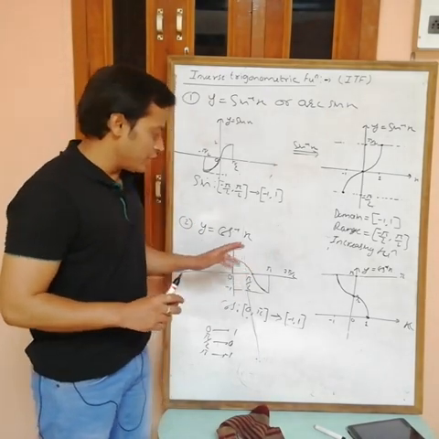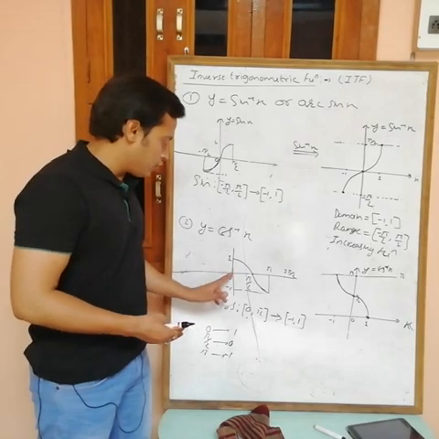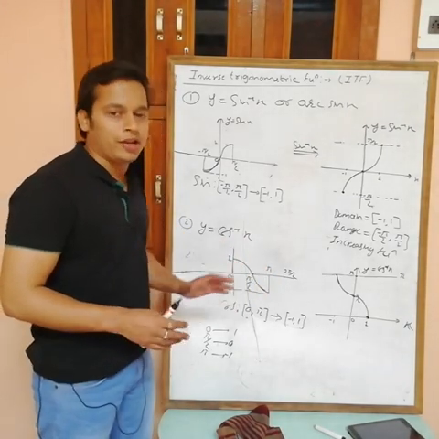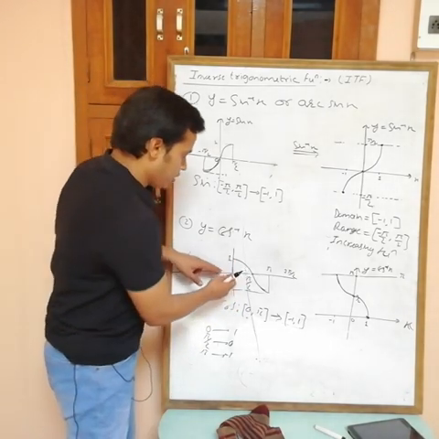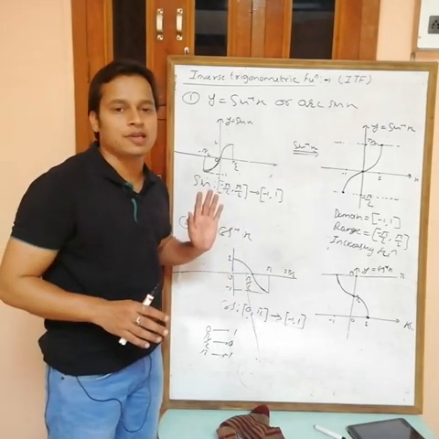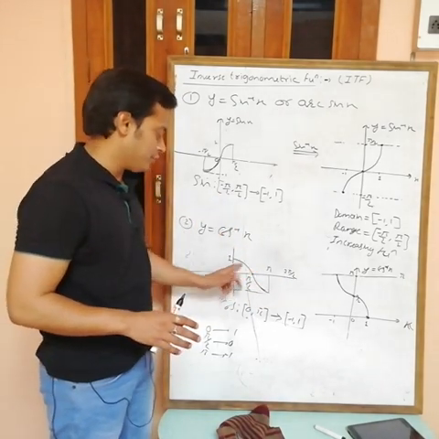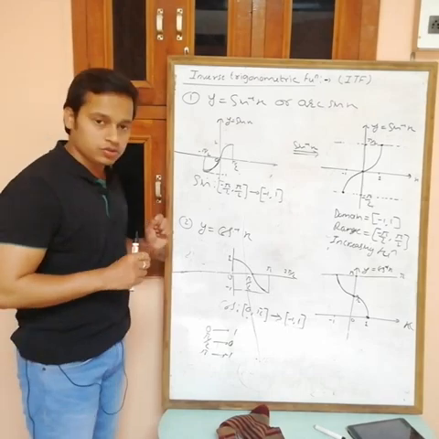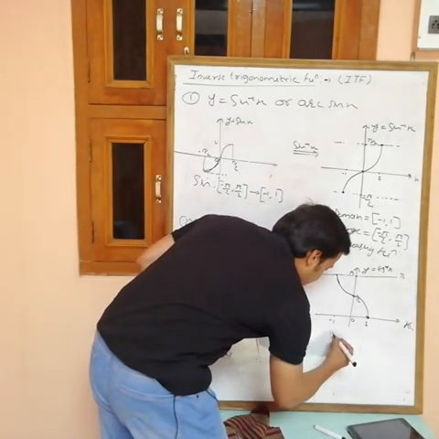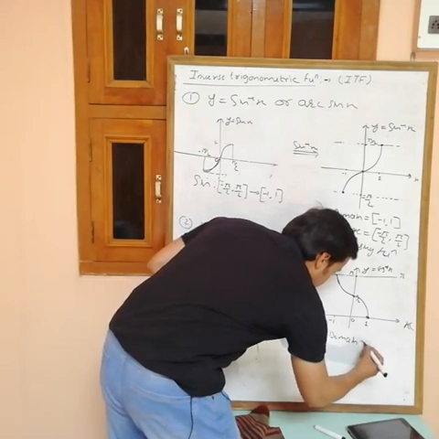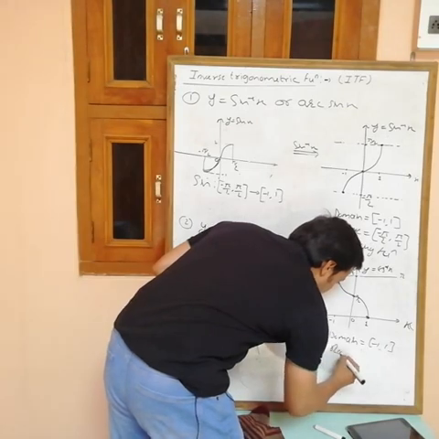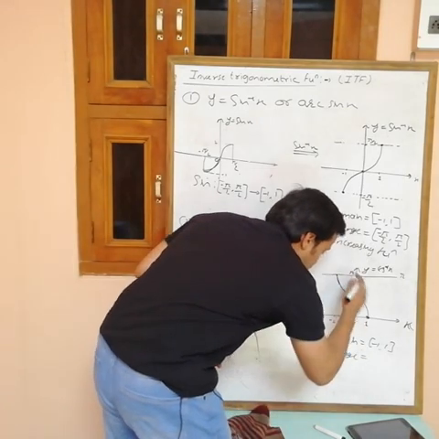Again, if you want to draw the graph another way, then draw the line y equals x, then take the image of this one on the line y equals x. So if you take the image, then this part goes to this side and this one goes to this side, and you will get the same graph. Obviously you will get the same graph. Okay, so done. Now the domain for this one is -1 to +1 and the range is 0 to pi,